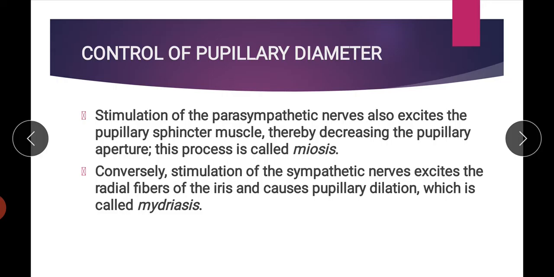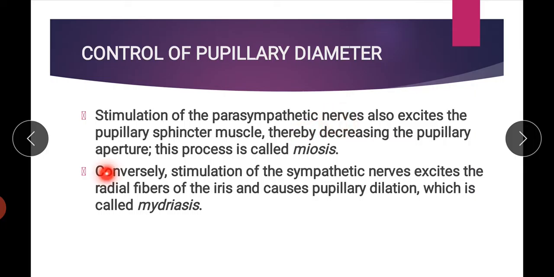Now control of pupillary diameter. Stimulation of the parasympathetic nerve excites the pupillary sphincter muscle, thereby decreasing the pupillary aperture. This process is called miosis. Miosis means constriction of the pupil, because whenever we stimulate the parasympathetic nerve to the eye, it causes contraction of the sphincter pupillae, or pupillary sphincter muscle, which causes constriction of the pupil,